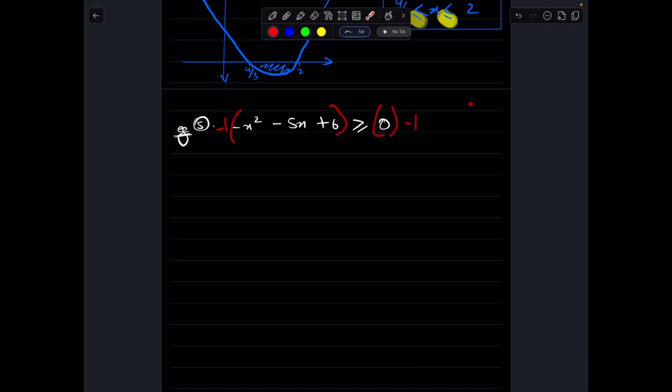The latter method is easier to convert this into a minimum curve. This would also change the sign of the inequality. So how about we multiply both sides by minus 1? So the sign of the inequality changes,